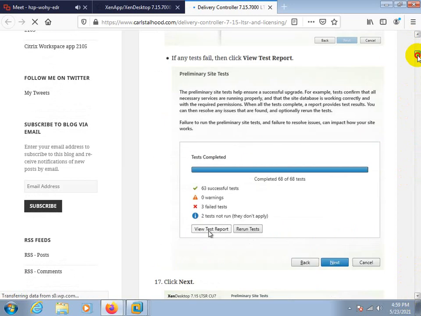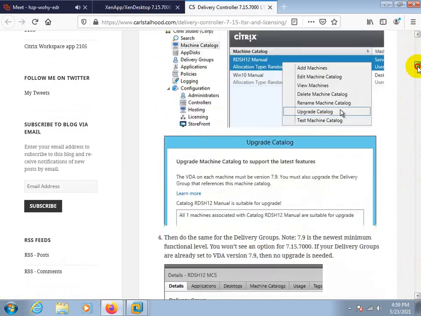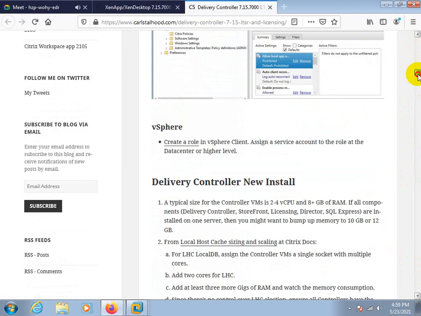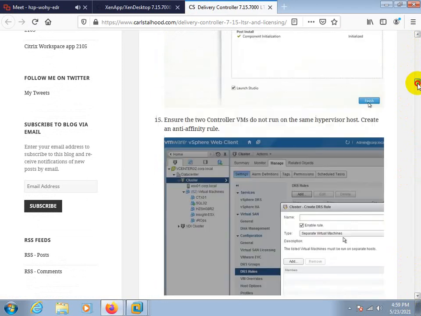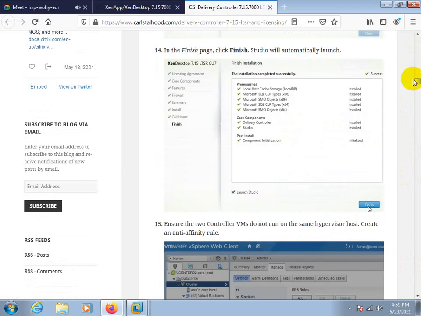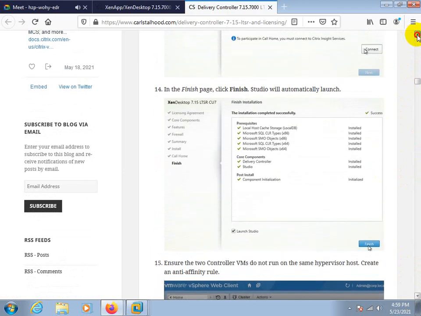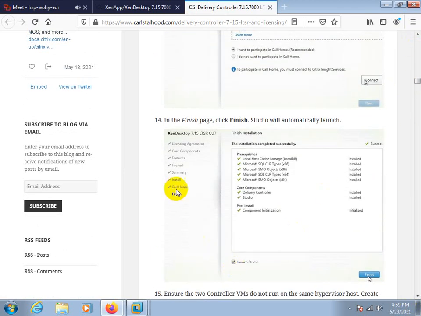Can anyone tell me what is the call home feature? I can show you in here. It's a launch. Can you see? It is the call home feature.